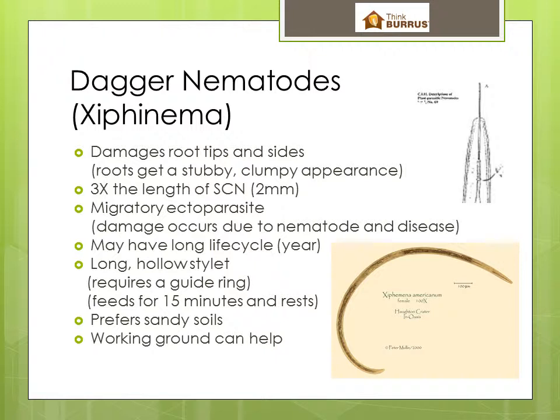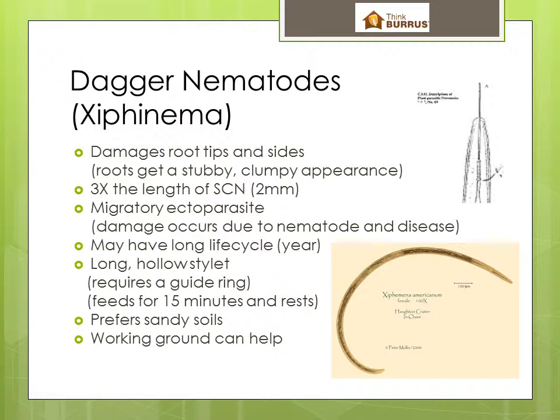Incidentally, we're talking about dagger nematodes right now, but the needle nematodes that we talked about just a second ago had a really long stylet and guide ring as well. Because these are so long, working ground actually disturbs them and helps manage them. While dagger nematodes are a potential pest of corn, they're not nearly as bad as the needle nematode that we started things out with. A density of 1 needle nematode per half coffee cup of soil was a big deal. You have to have a couple hundred of these per half coffee cup before folks get too nervous